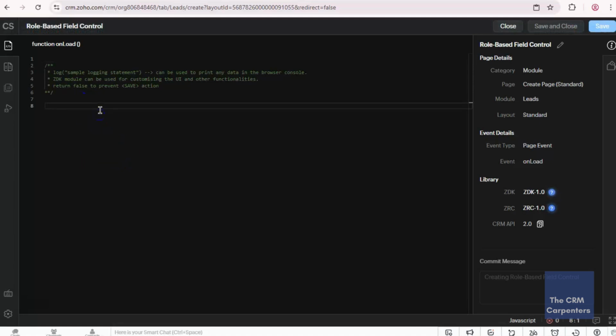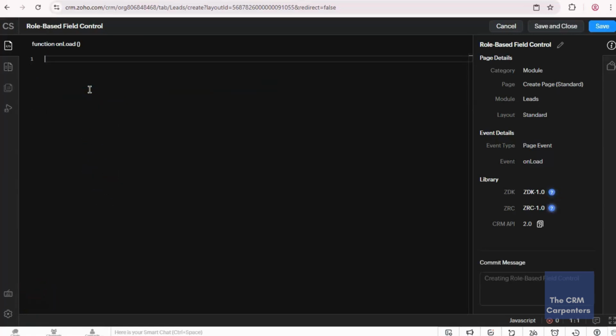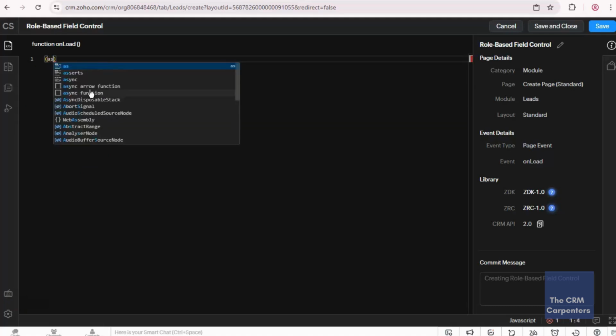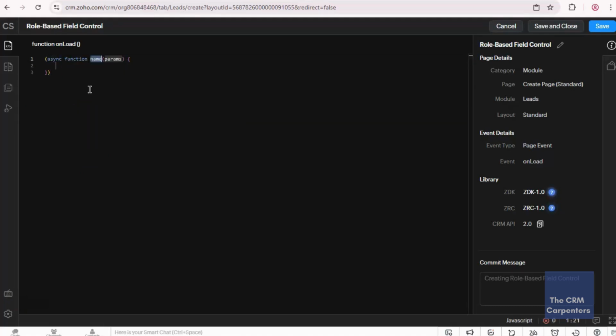and this is the area where we will write our script. Let's start by creating an async function. Let's leave this empty, and let's put a void here.